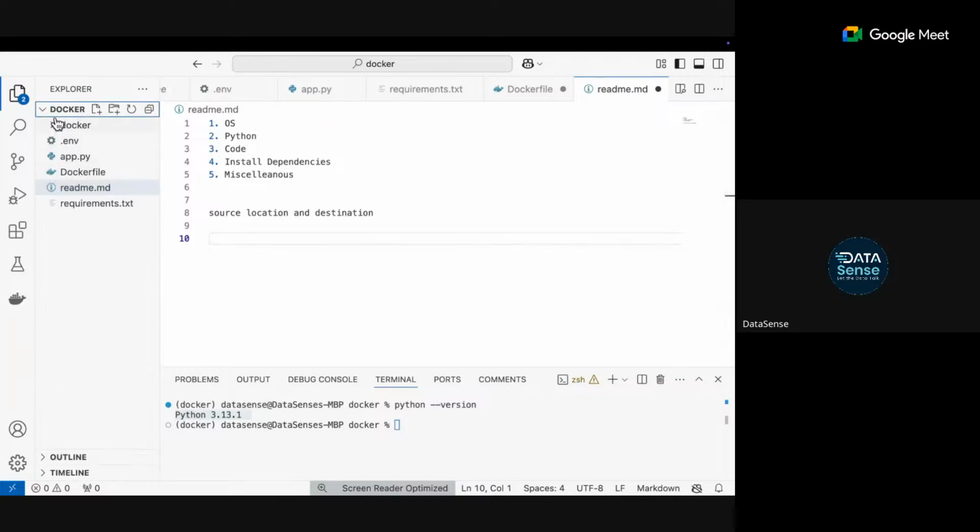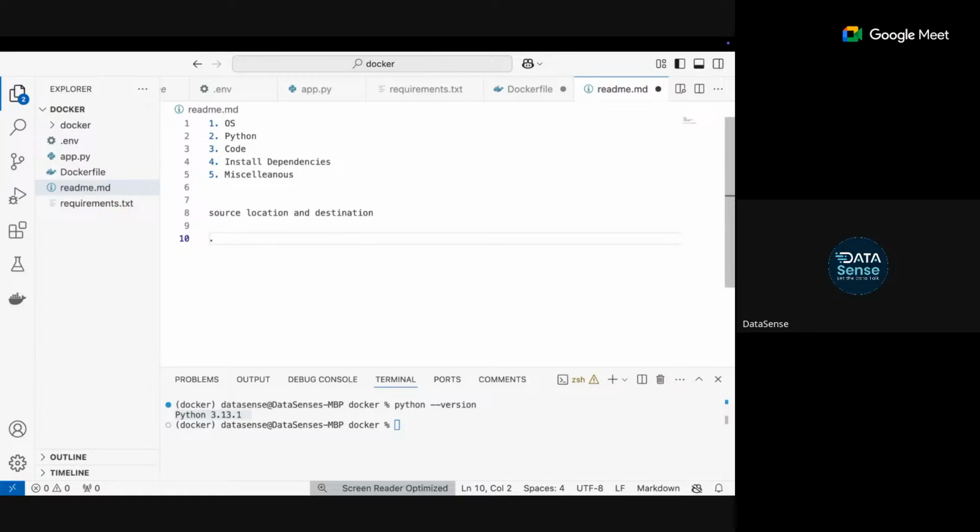All the files are present inside this Docker folder, which is called the root directory. All the files present inside this Docker folder, I can name them simply dot. Dot means everything which is present inside the Docker folder, apart from the Docker file, of course.